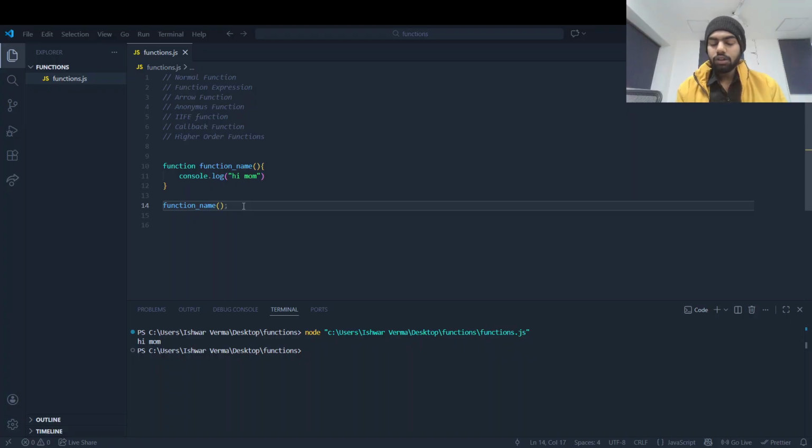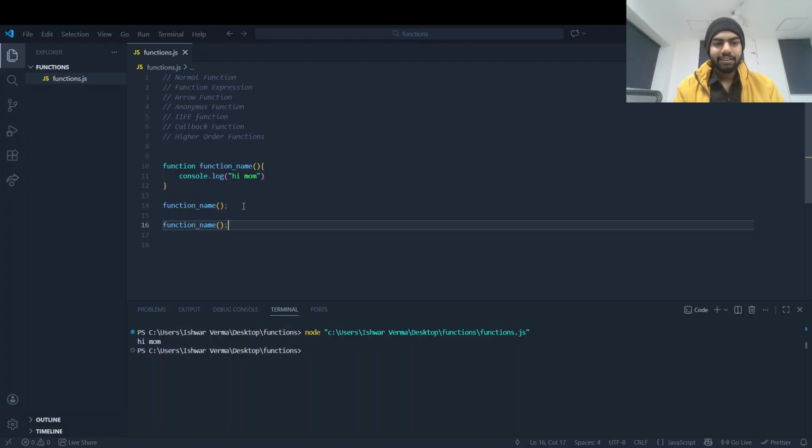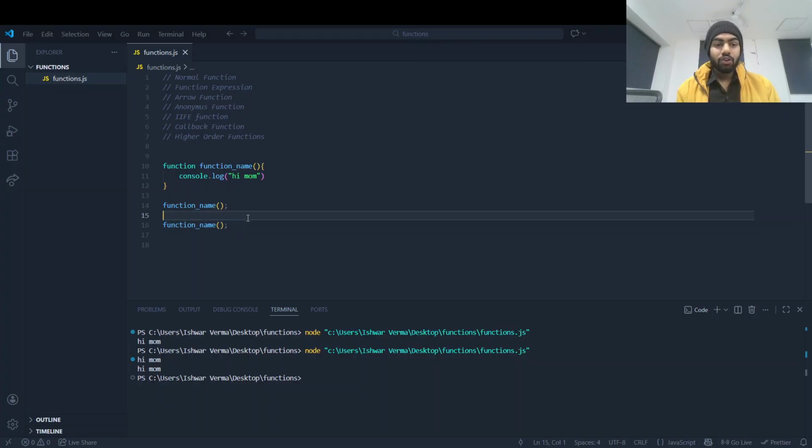If I call it again, you can see a magic. I am calling it again, and you can see in the terminal, hi mom, hi mom. You can call this function many times without repeating code. Here the first use case is repeating code.